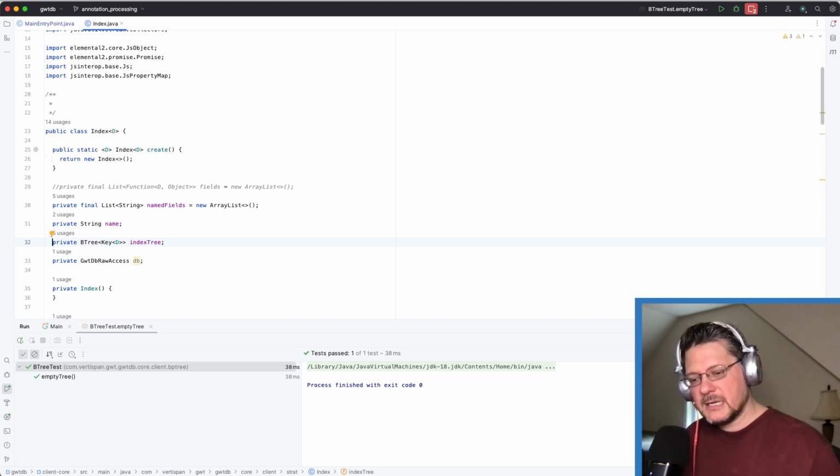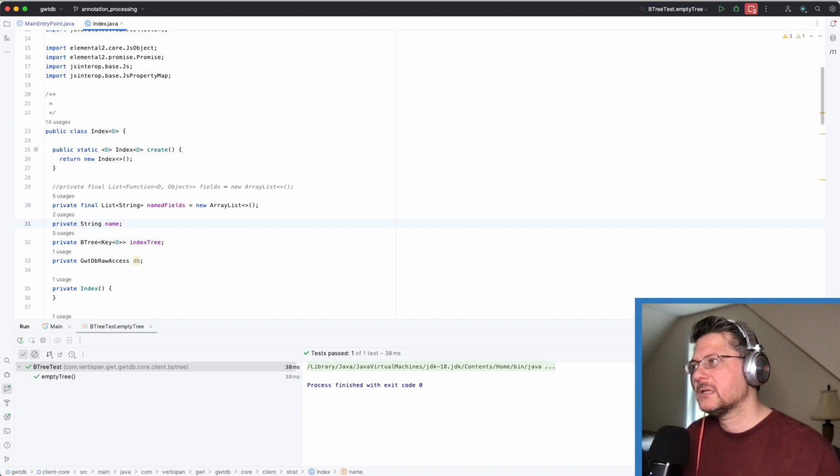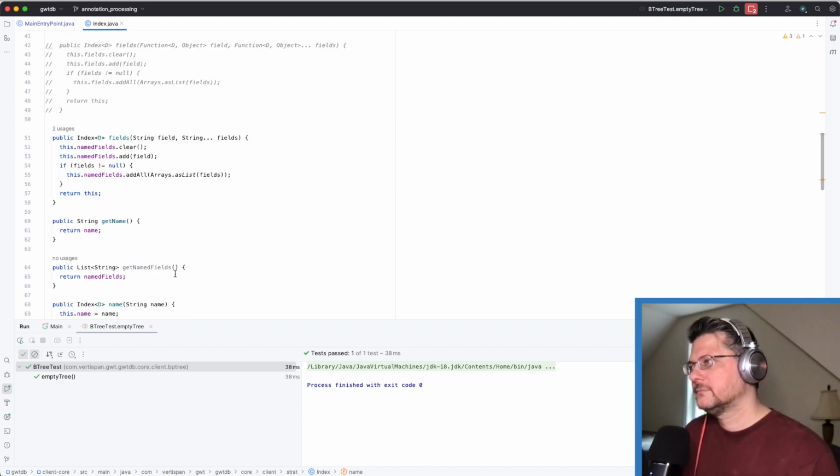It's going to be fairly simple. It's going to have a single node for the key, which is going to be whatever the data type is for that field,